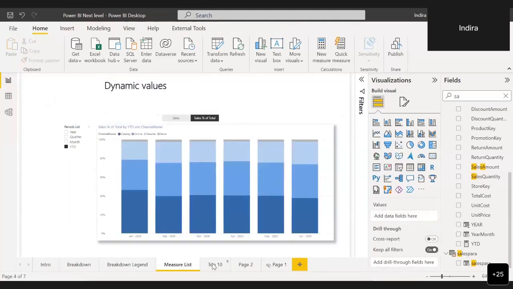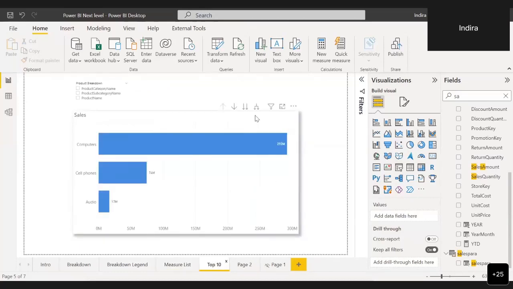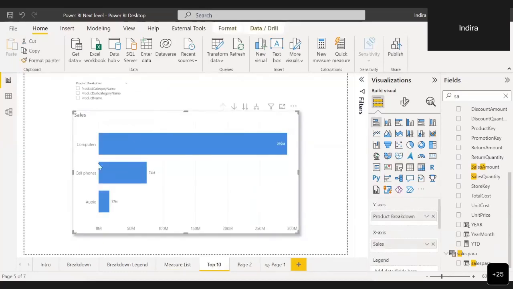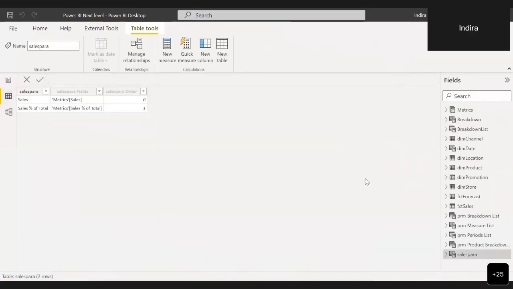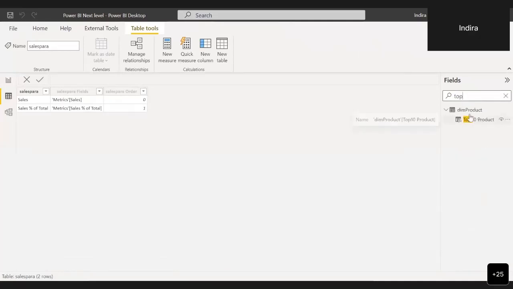Okay, now let's say we have this sales by the breakdown that we have created. Now what we want to do is also display, within this one, the top 10 products. So then what we need to do is create a top 10 list, right? So for that, I have already created it in my data set. Let's say top 10. Okay. In the product table,